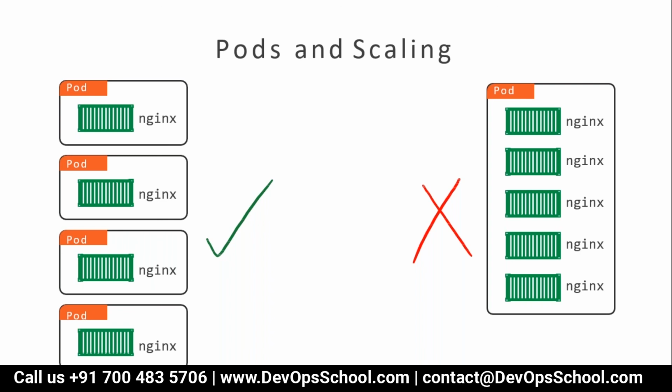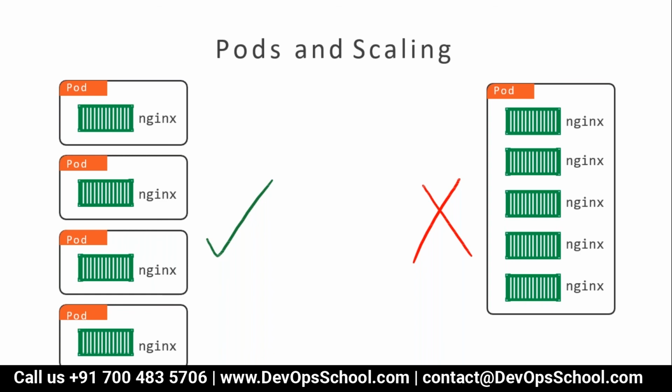Nothing. It's just a waste of resources, because the first Nginx will run on port 80, and for the second Nginx you'll have to change the port to 81. Not making any sense here. Load balancing will not happen. So this pod will become a waste. I mean, with 4 containers this pod may not become a waste, but the 4 containers remaining apart from the 1 container will become a waste. So this is not a good practice, to run multiple same containers with customization and stuff like that.